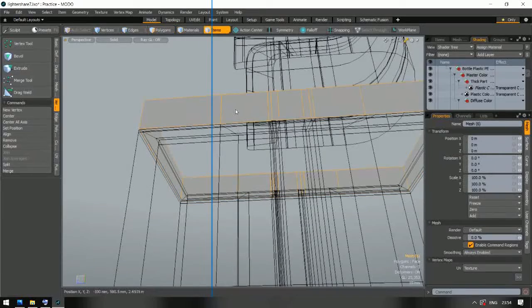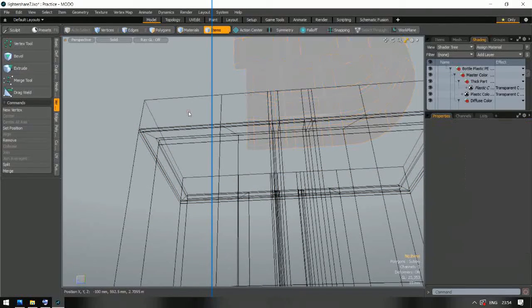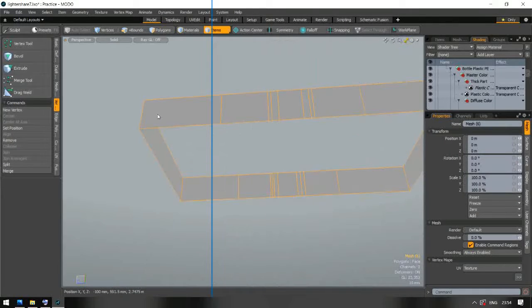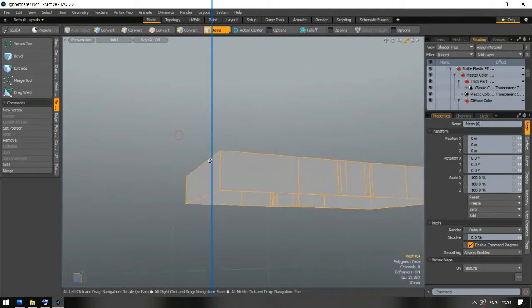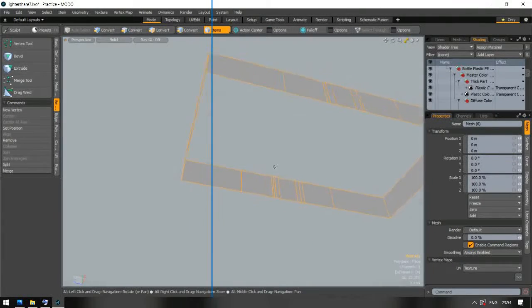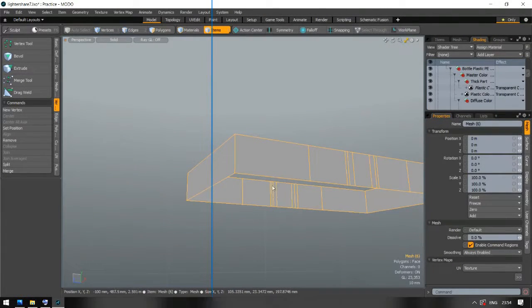So let's take a look at this thing all by itself by holding shift and pressing H to hide all of the other items. So it's just a pipe. There's no cover polygons. So what we'll do is